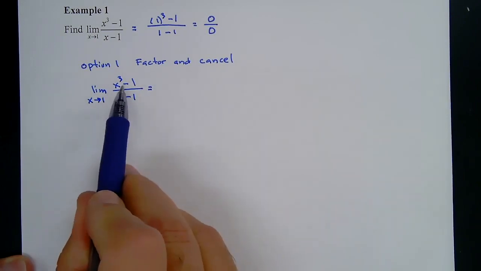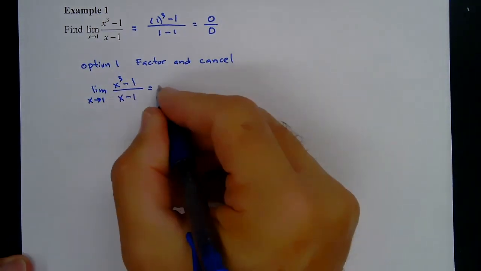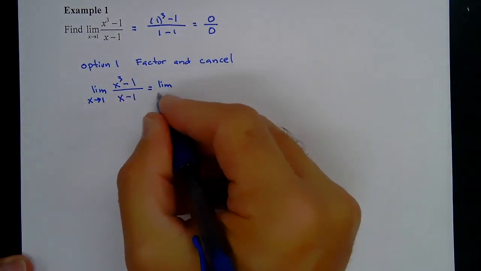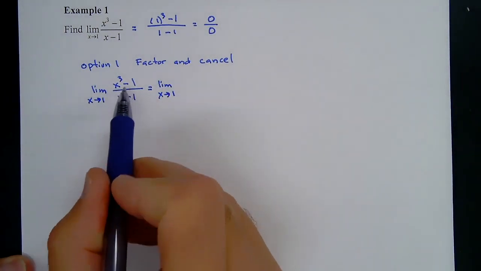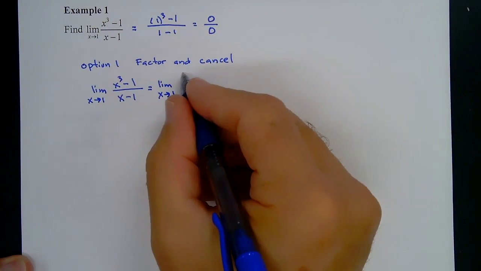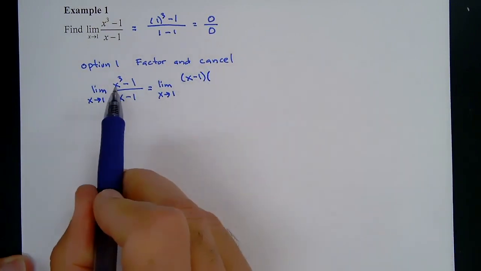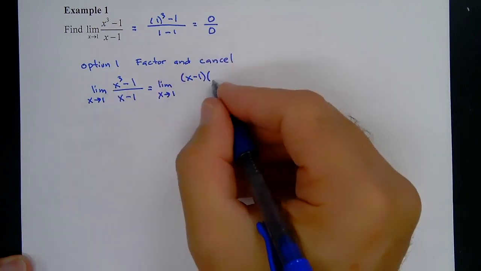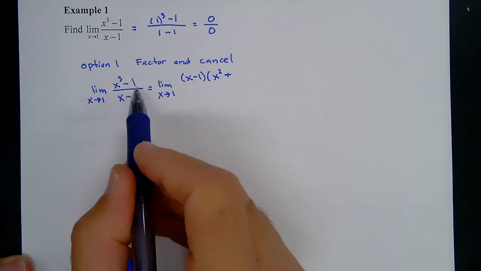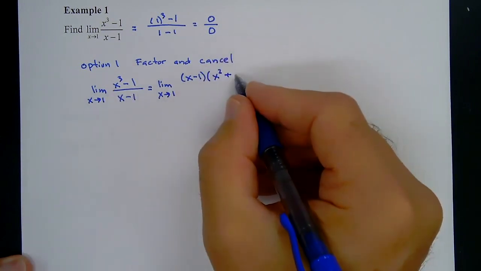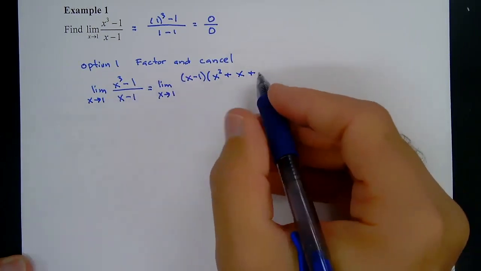Well, this numerator factors because we should recognize this is a difference of cubes. So this is the limit as x approaches 1 of, and this first factor, and that's the one you have to remember, is x minus 1 times, and then it's this first factor, which is x squared, so that'd be x squared, plus x times 1, which would be 1x, or just x, plus this 1 squared, right? Because that's your b squared,